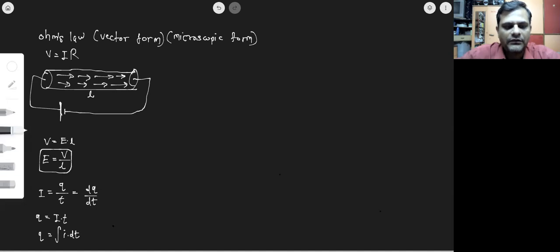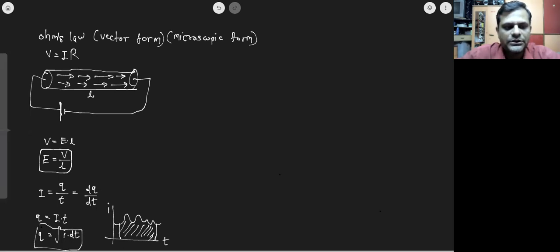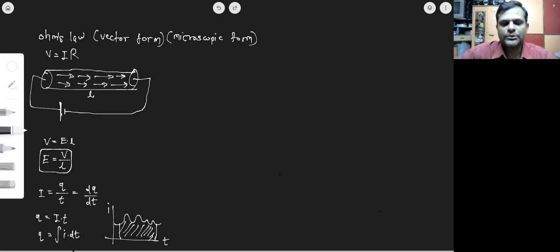Remember, whenever integration comes into play, we can relate it with the area under the curve. Suppose we have the curve of current and time, where current is plotted on the y axis and time on the x axis, and the graph is like this. Then we can get the area under this curve. If we get the area under this curve, then we are going to get the charge actually. So charge is actually the integration of current,